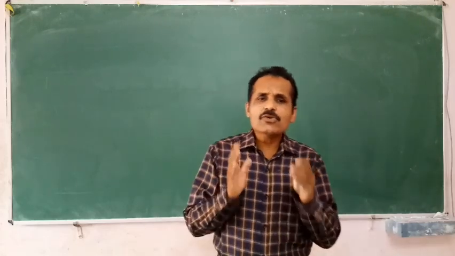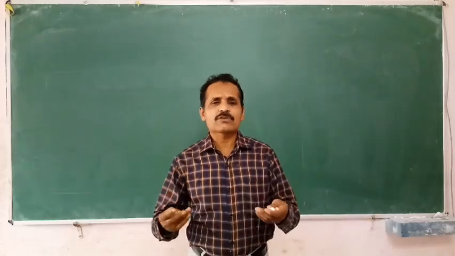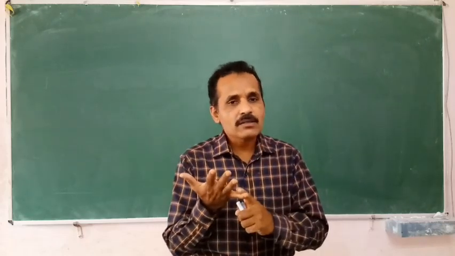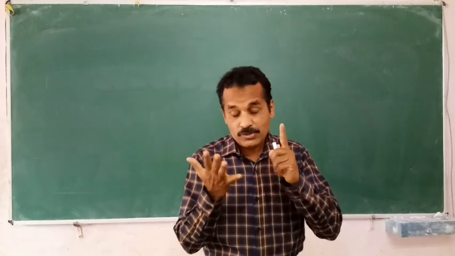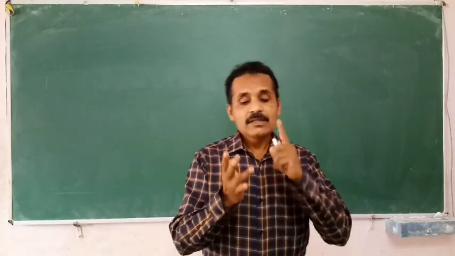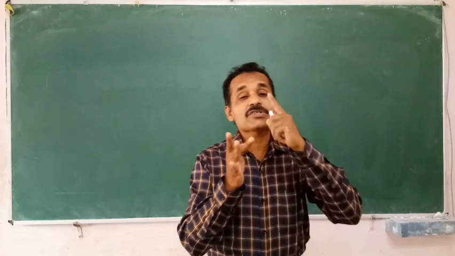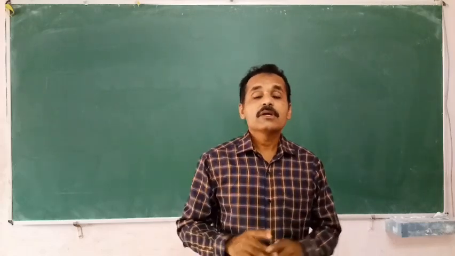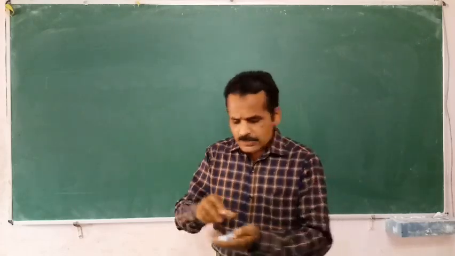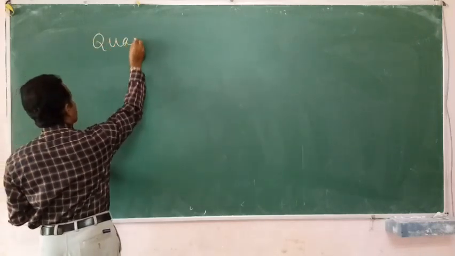Let us see first what these quadratic equations are. Everybody says, sir, the quadratic equations are those equations whose highest degree is 2. No doubt. We know that the highest degree is 1 in a linear equation. If in any equation the highest degree is 1, we call it a linear equation. The equation whose highest degree is 2, we call a quadratic equation. The equation whose highest degree is 3, we call a cubic equation. The equation whose highest degree is 4, we call a biquadratic. Okay. So we will start the chapter quadratic equations.